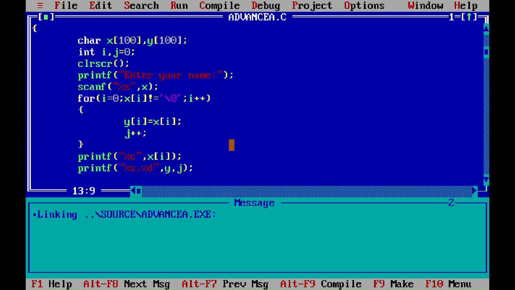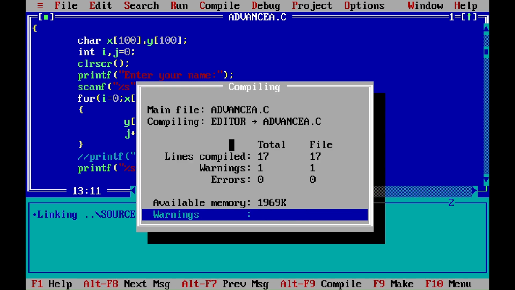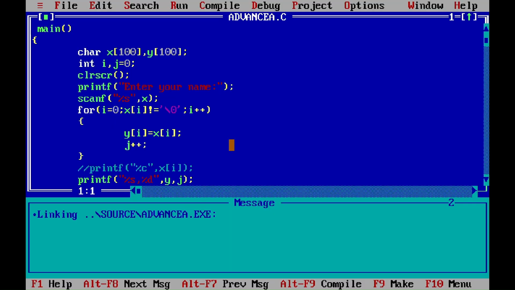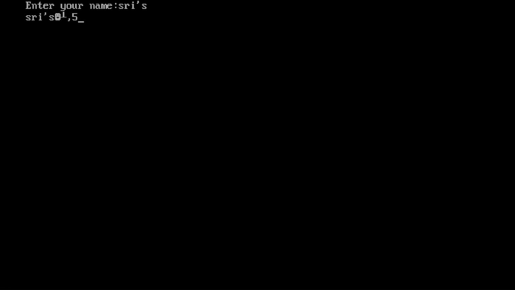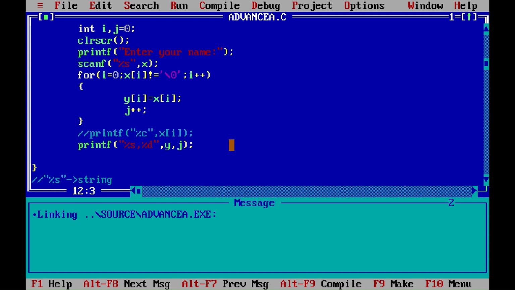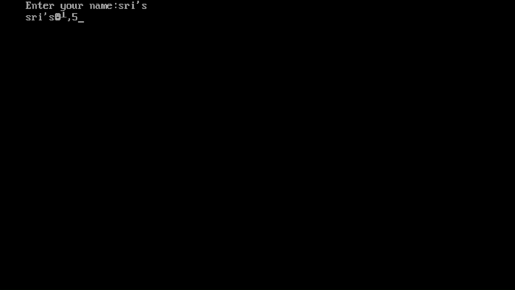If I do this statement, here you can observe a small change. Control F9, Shree's, I have given input. Here if you observe, sorry, here something happened. Control F9, yes, Shree's. Here it has given some garbage value, guys. Why is it giving garbage value? Okay, it's fine. Here if you see the SRIS, these words are printed by printf at the exact position under the E